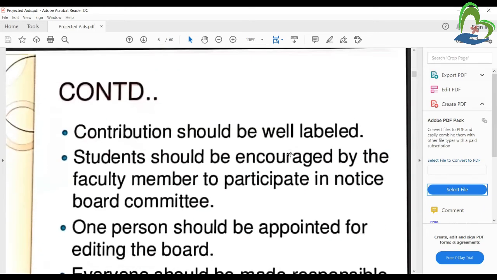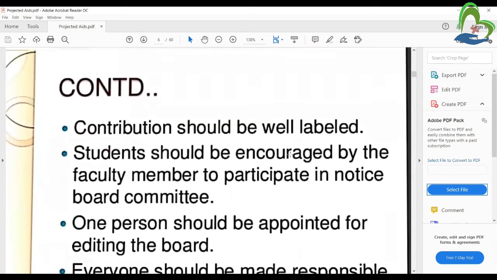Contribution should be labelled. So whenever you stick something on the notice board, label it. Students should be encouraged by the faculty members to participate in the notice board committee. In the notice board committee, all the material and all the information is stuck on the notice board. So it is a good improvement for students and also for the faculty.